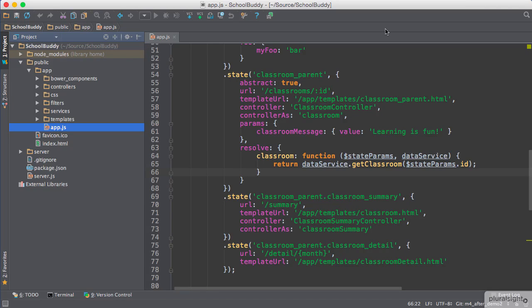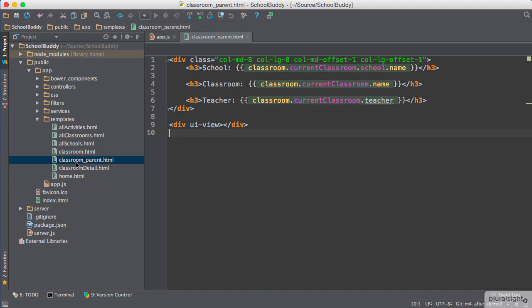In this demo, we're going to refactor the classroom message out into its own view with its own controller. That will give us more flexibility to combine it with other views and use it in different places within the app. We're also going to continue to take advantage of the nested states I created in the last demo. Therefore, I'm going to start by opening the